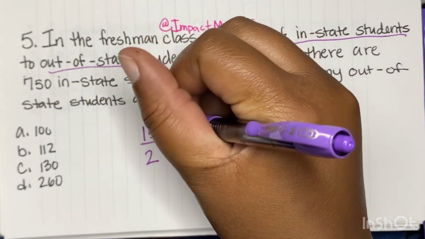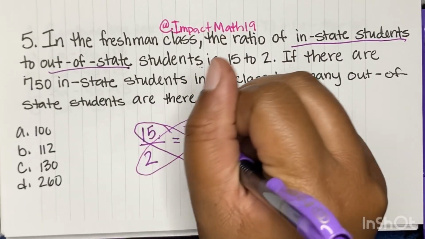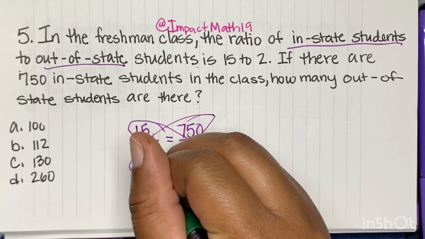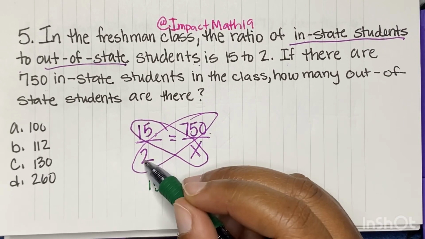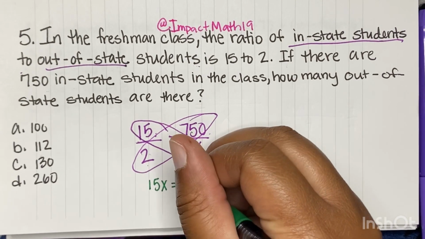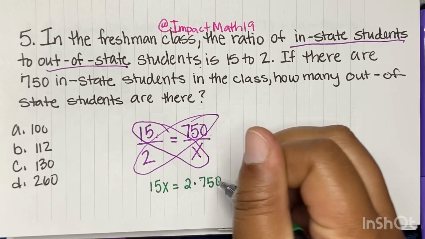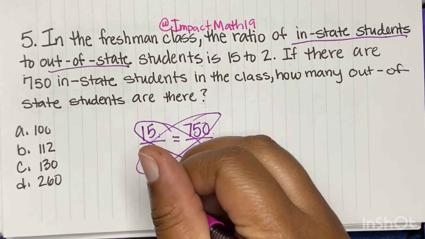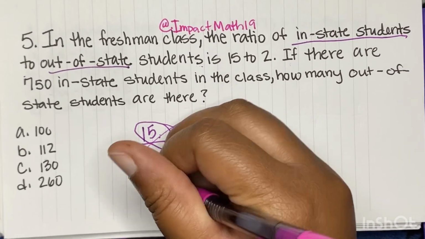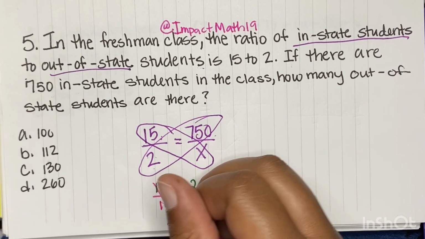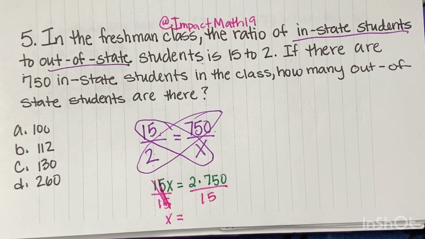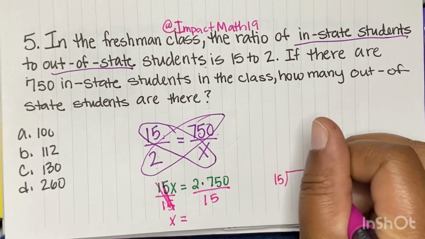So now we're going to cross multiply. And so what we're going to do is 15x equals, now we're not going to waste our time by doing 2 times 750. We're just going to leave it as 2 times 750. And then we want x by itself, so we're going to divide both sides by 15. So x equals, so I'm trying to figure out how many 15s can fit into 75. So if we go here, 15 into 750,